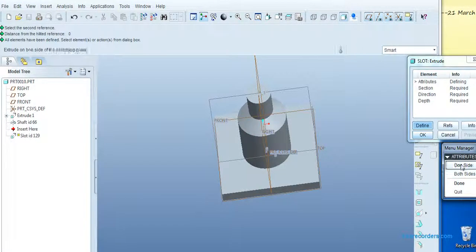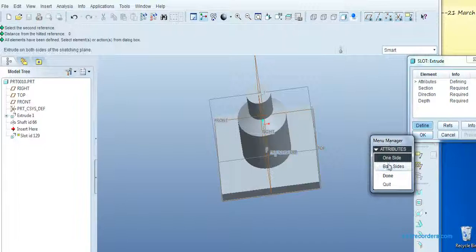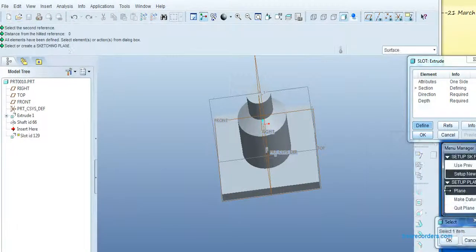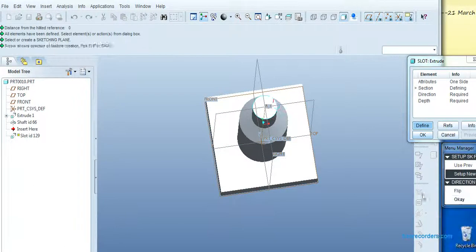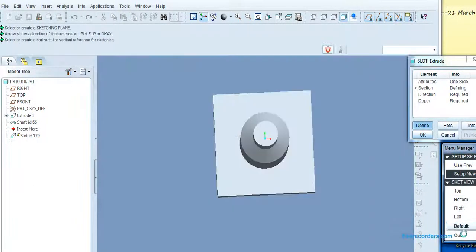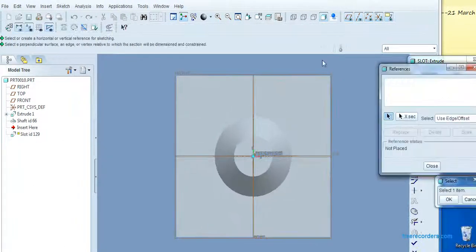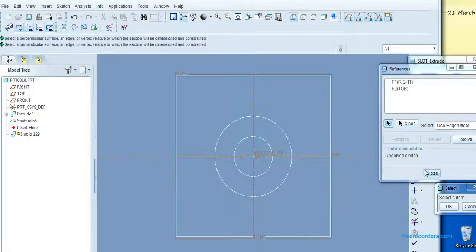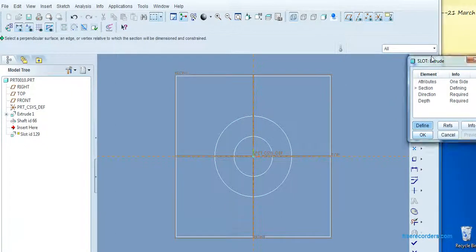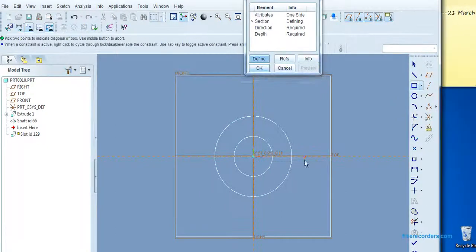Then done. The attributes are one side and both sides. I want one side, done. And selecting a reference plane for our work, I select this plane, then okay, then default. Converting this into wireframe for easy viewing, and giving two different references for my work. Then I select